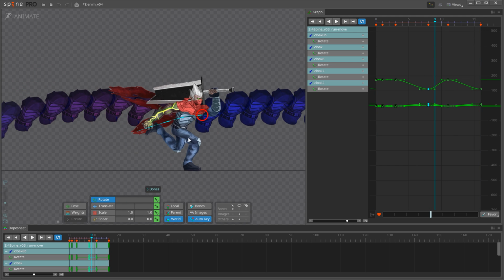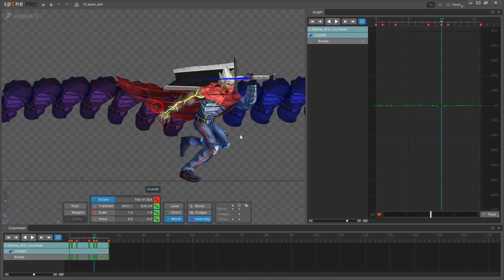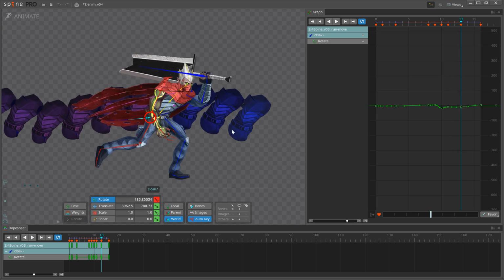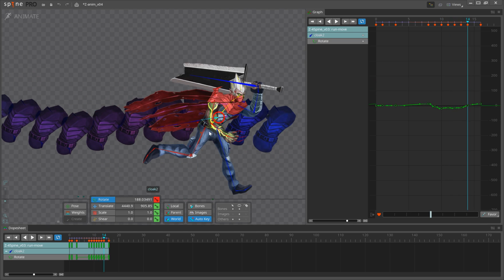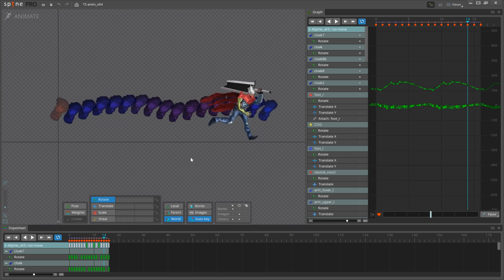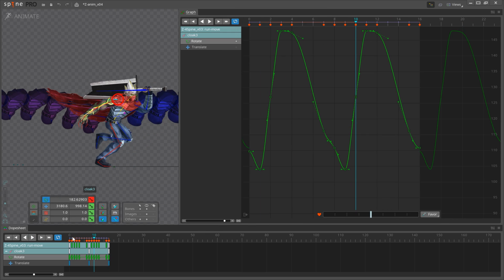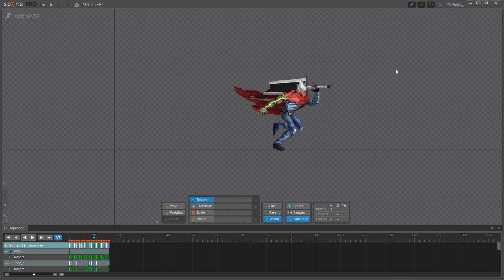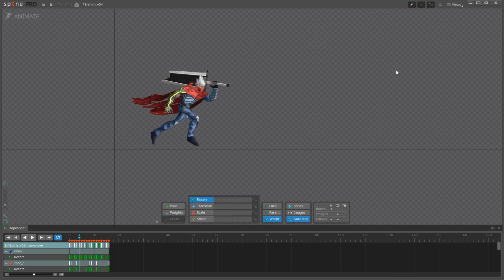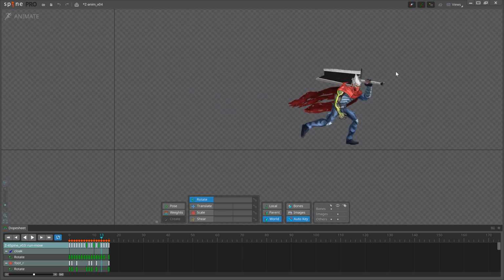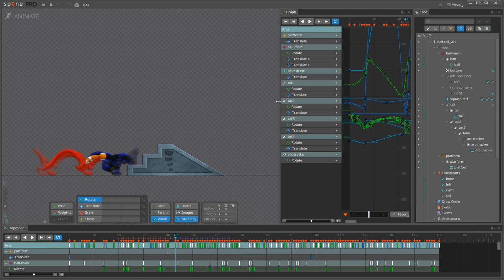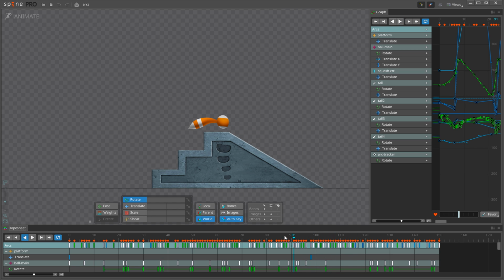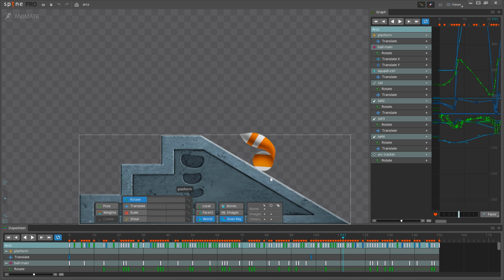The key to making cloth, hair and other hanging parts of a character look good is for them to follow the same arc as the part of the character that they are attached to. In this example, I use ghosting to see the arc of the torso, then I adjust the cape to follow the torso's arc. Back to the tail. Notice that I also use the wave principle for the tail shapes. Very often, an overlapping object will follow the wave principle and the tip of the object will follow an arc.